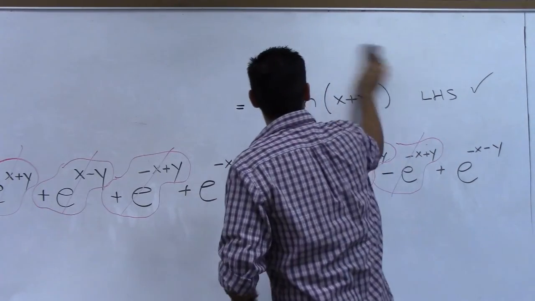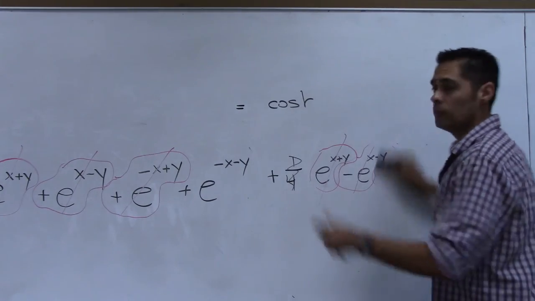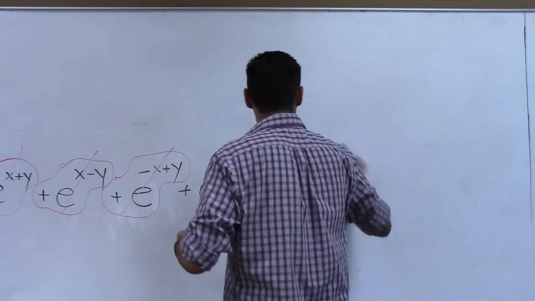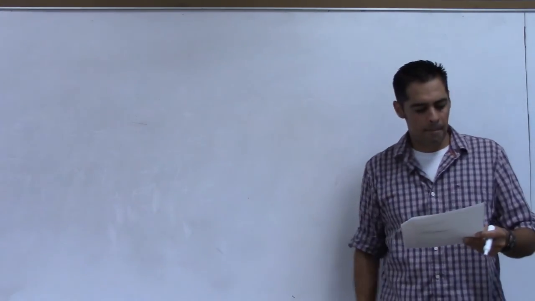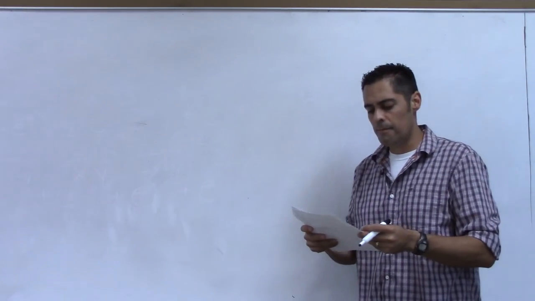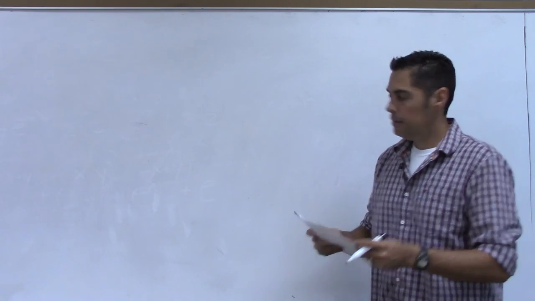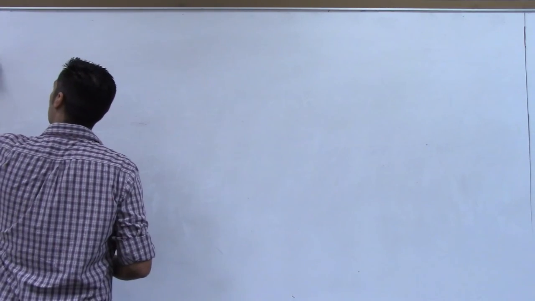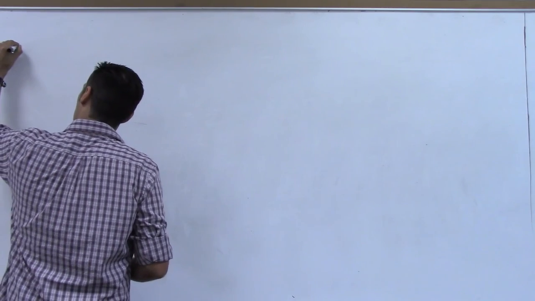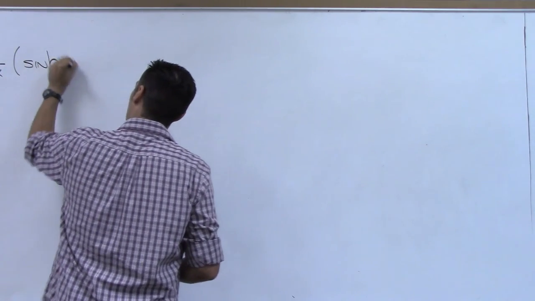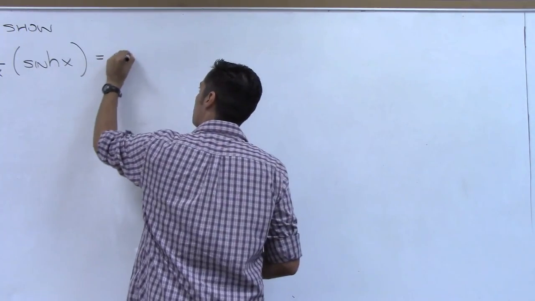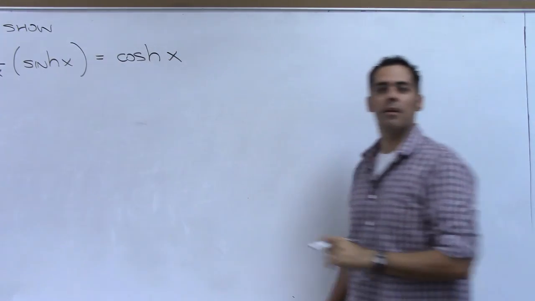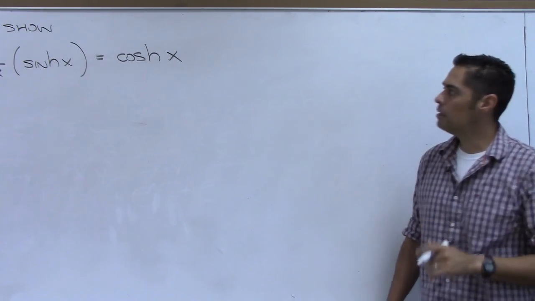So I just put the derivatives up there, didn't I? I just put them up there for you, so you don't have to go and prove those derivatives. We can now just use them. But I will take a moment before I do this problem. I'm just going to show that the derivative of sine hyperbolic of x is equal to cosine hyperbolic x. Let me show that to you real quick, because this one goes really, really fast.